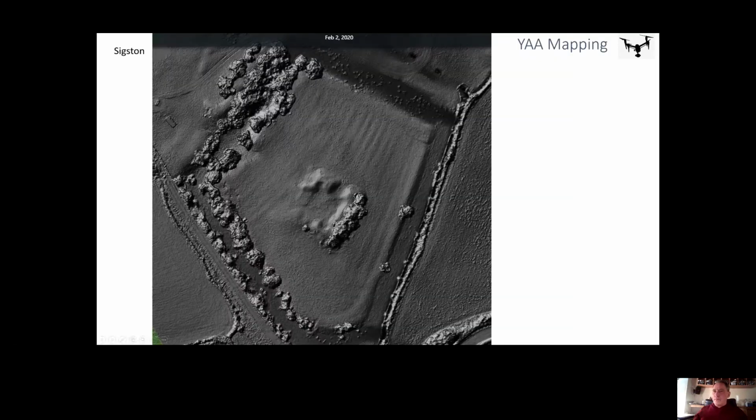And finally, Sigston. In this section, we've got Sigston Castle, the base of the castle inside its moat, and you can actually see medieval plough marks running over that. And this fills up when it gets wet, and normally it's just part of the farmer's land at the back